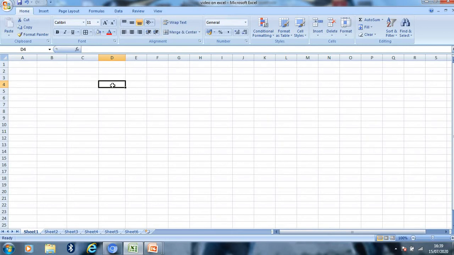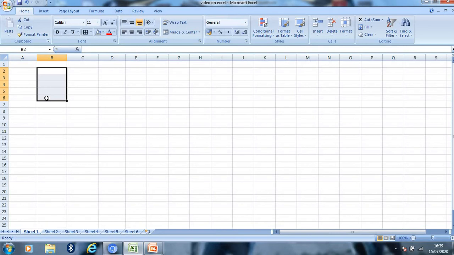Now, select a range. If I want to select a particular range, for example the cells from B2 to B6, then first I will click on the cell B2, press the left button of the mouse and then drag it to the cell B6.